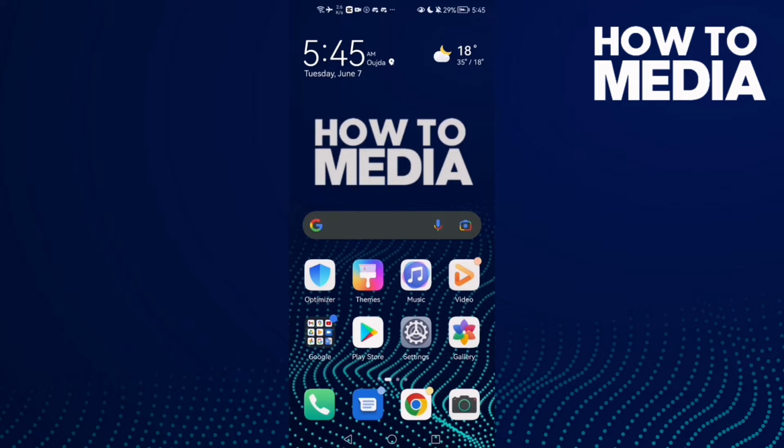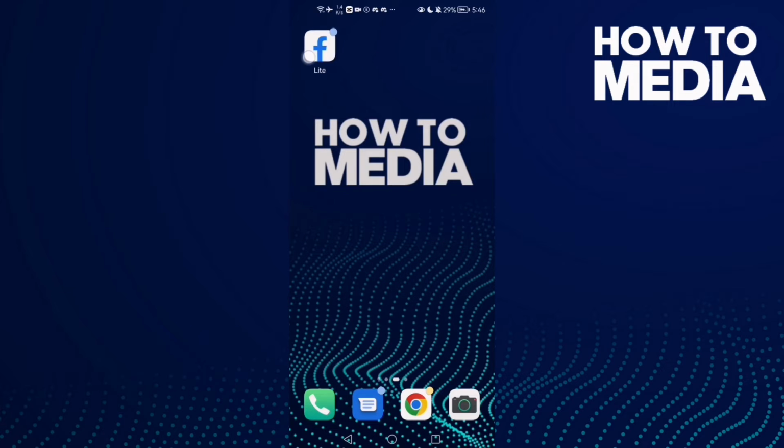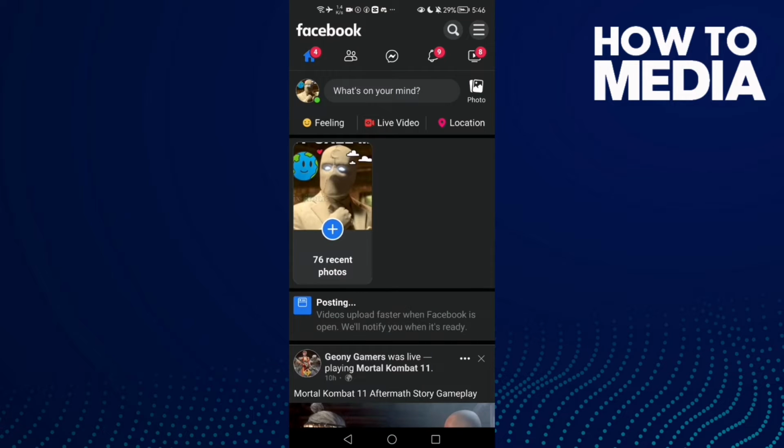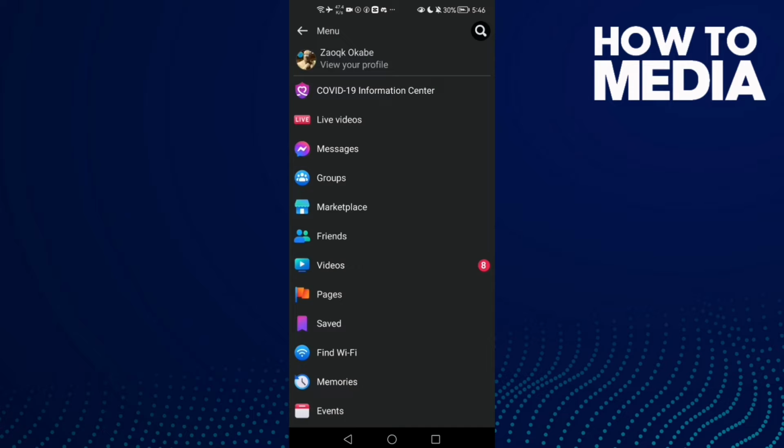How to make everyone can see your profile picture on Facebook Lite. Hello guys, in today's video I'm going to show you how to make everyone can see your profile picture on Facebook Lite. First thing, go to Facebook Lite and now click these three lines in the top corner and go